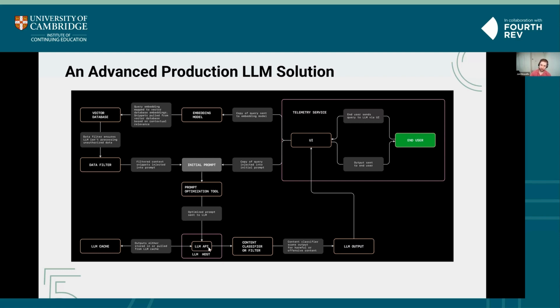One other thing to mention as well is this idea of caching large language model outputs. If the costs are getting quite high, you may want to have certain common queries and outputs stored in a cache. That just means that if a new user or the same user asks the same question, rather than incurring all the costs associated with calling an API or running it locally on a GPU, you may just match the cached output and say, okay, here's the input. We've already got the output from a previous query. Use that.